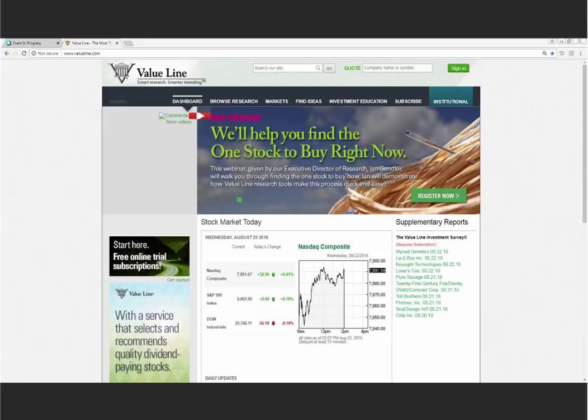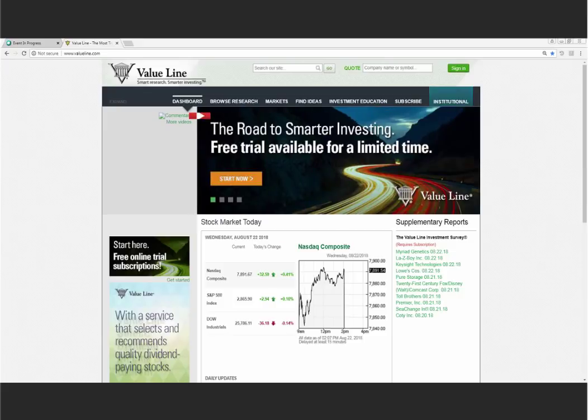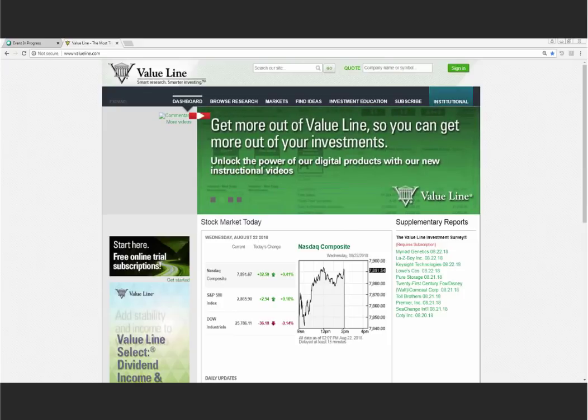Personally, I think Harvey Katz's views are quite reasonable, and I'm going to use themes from his report in our search to find one stock to buy right now. For instance, he stated that notable gains could require time and effort, and that material fluctuations in the market are to be expected. Thankfully, ValueLine provides the tools and information to incorporate these factors into an investment strategy, which we will tackle in a few moments. For now, however,